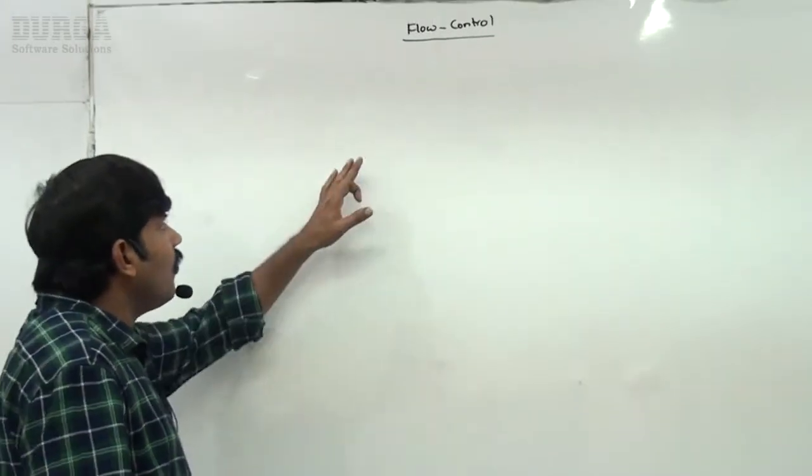Hi friends, in the last videos we covered language fundamentals, operators and assignment, and then input and output statements also. By this time almost 80 videos are completed, right? You are getting a basic idea about Python and can write small programs. Now the fourth topic we have to start is flow control.